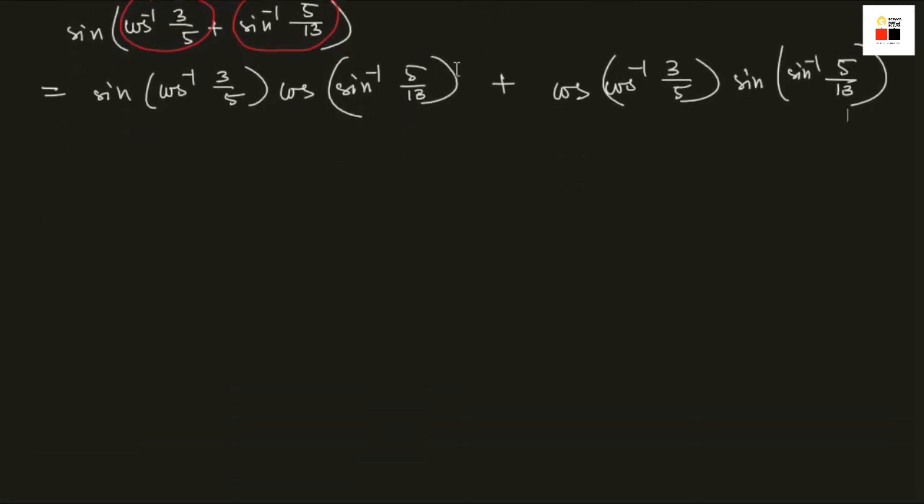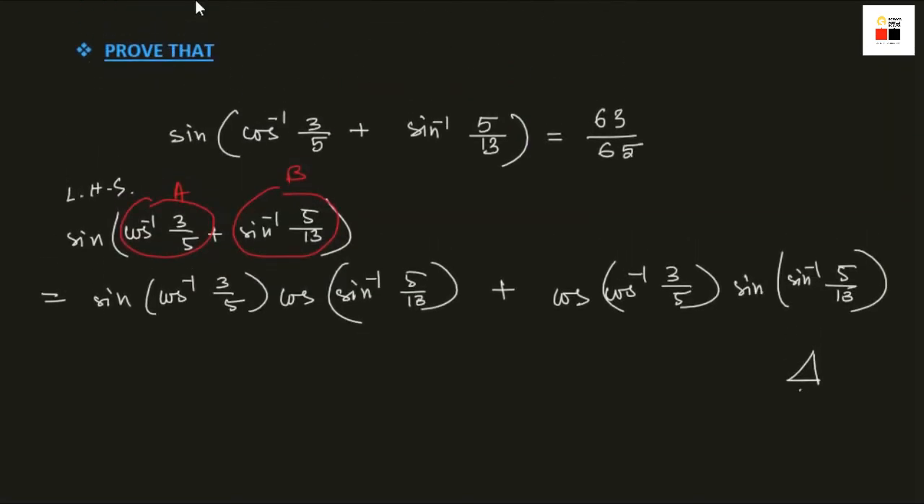In this case, if we draw a right angle triangle whose base is 3, hypo is 5, then perpendicular will be 4. This is equals to sine inverse 4 by 5, cos of